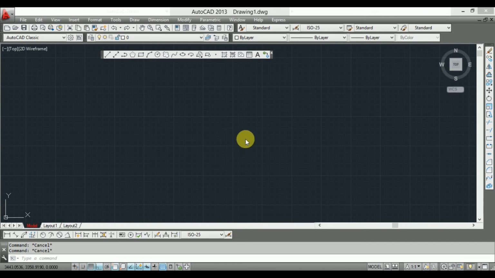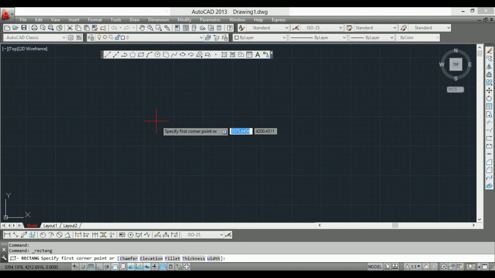Guys, our next command is hatch. Hatch is basically used to highlight an area. If we want to highlight a specific area in any drawing, then we use hatch.